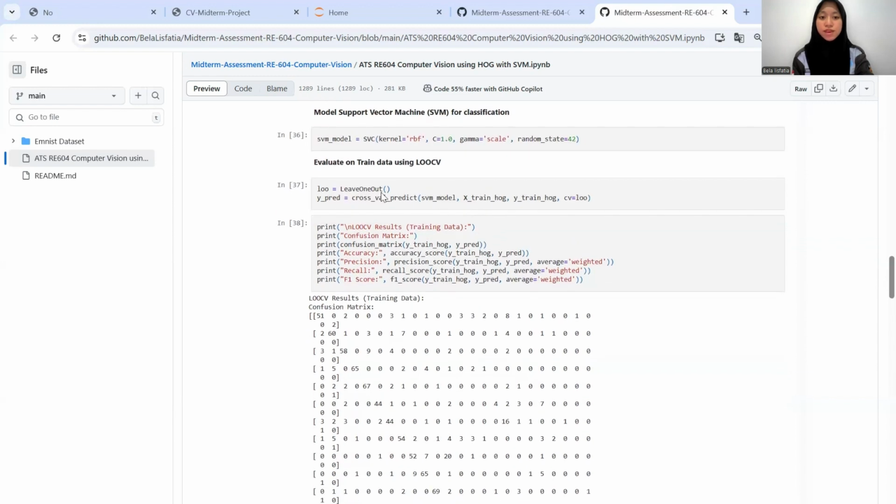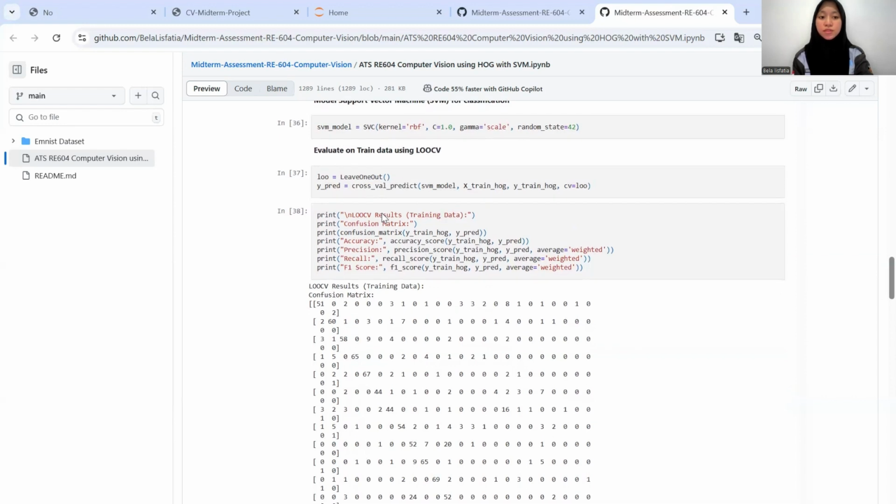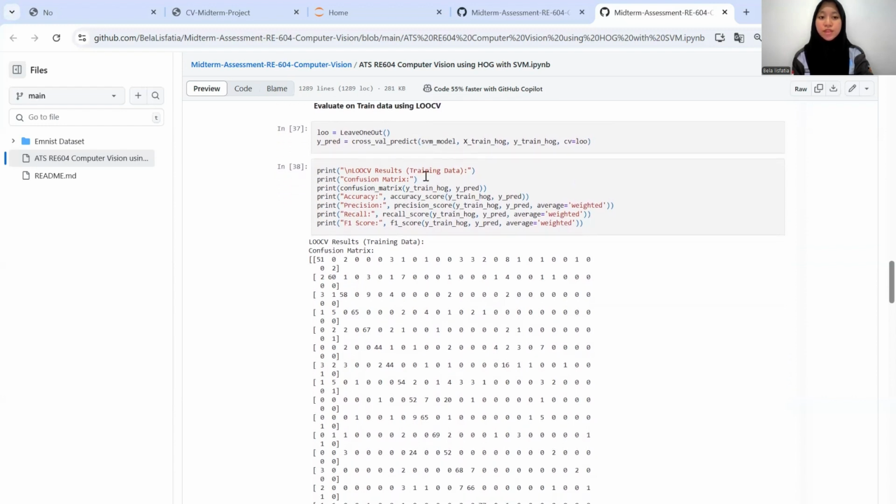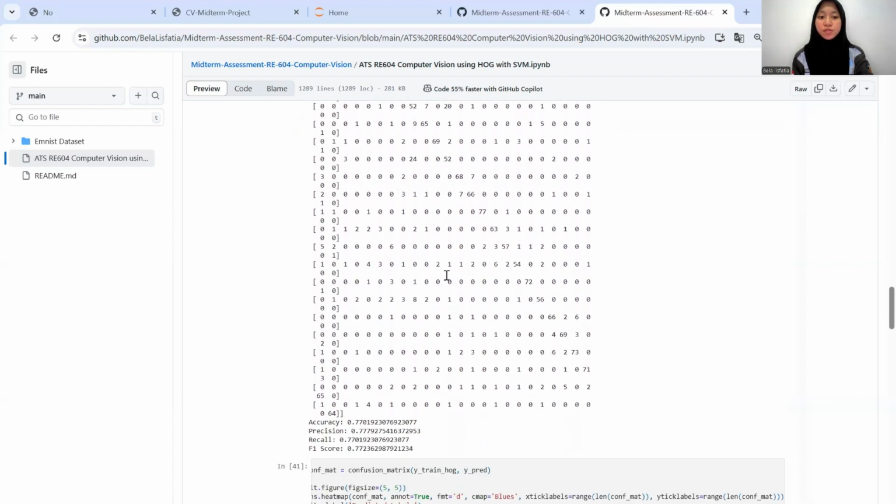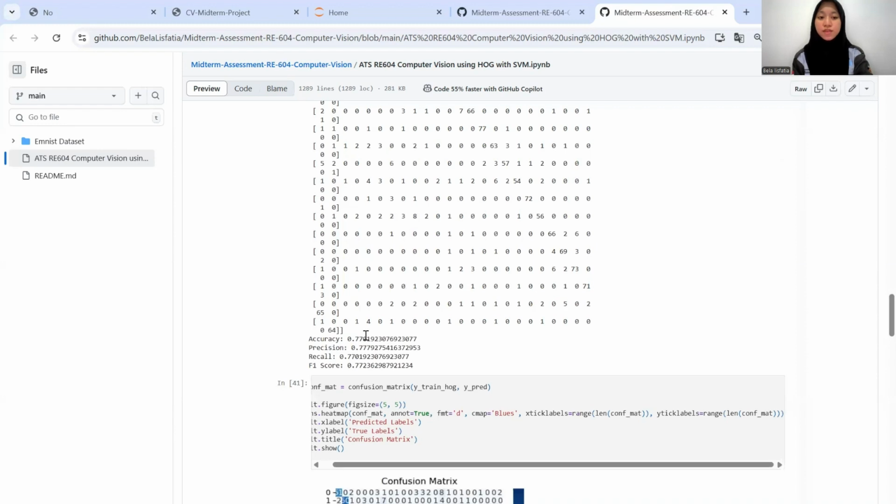After that, train the data by performing cross-validation prediction using LOOCV on the SVM model that has been created. After that, evaluate the training data to know the performance metrics; the accuracy is 0.77.